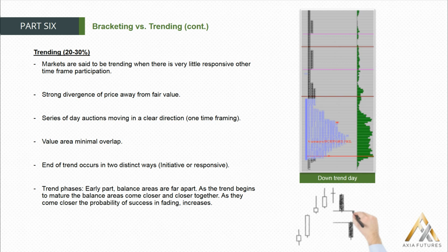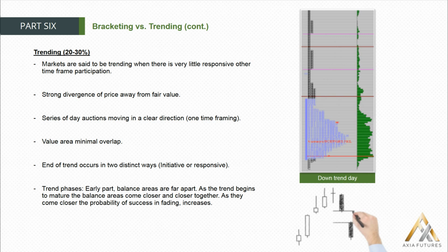And then the end of a trend occurs in two distinct manners: initiative or responsive. And we're going to talk about this as we go a little further along. I'm going to show you some interesting examples, and we're going to develop some strategies based on finding those, not necessarily guessing where those tops are, but I'm going to show you a couple of key clues that the market gives you when it is trying to actually turn around and we run into some form of responsive buying or